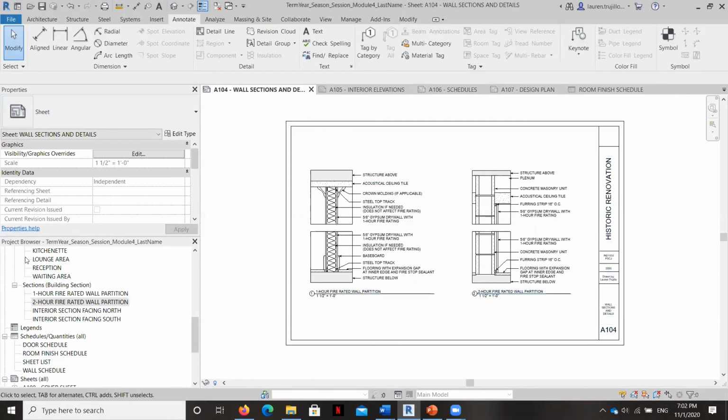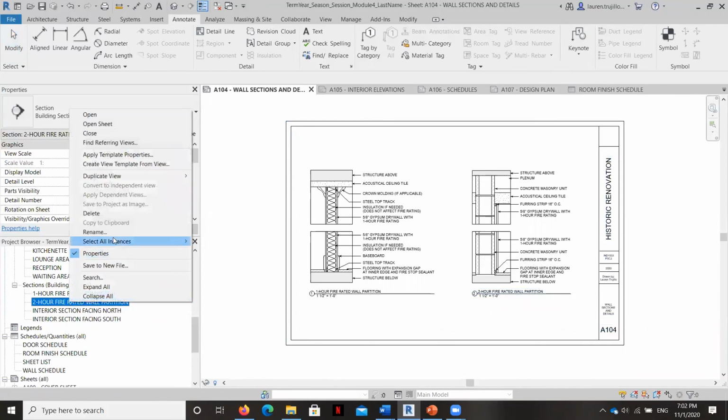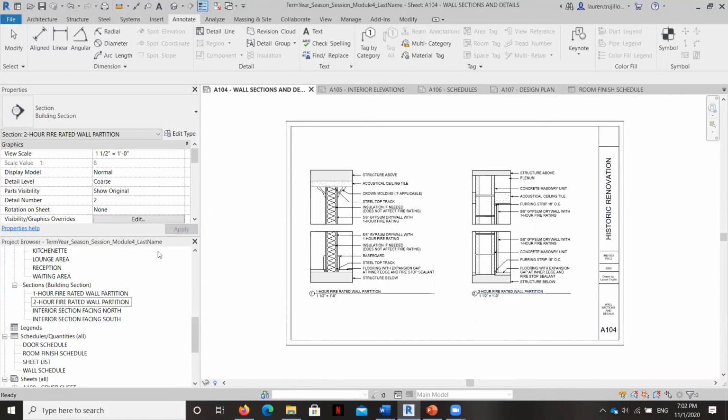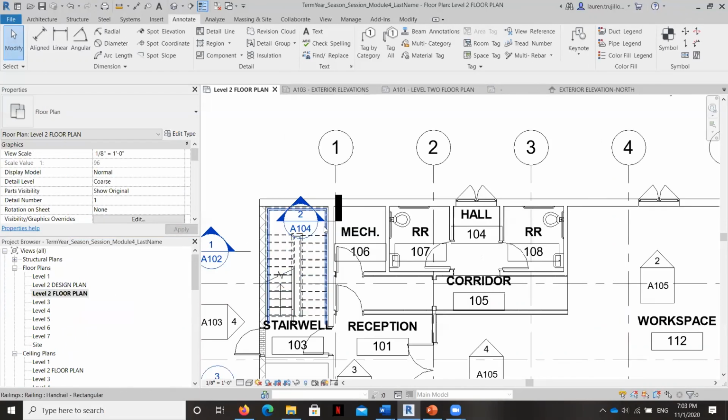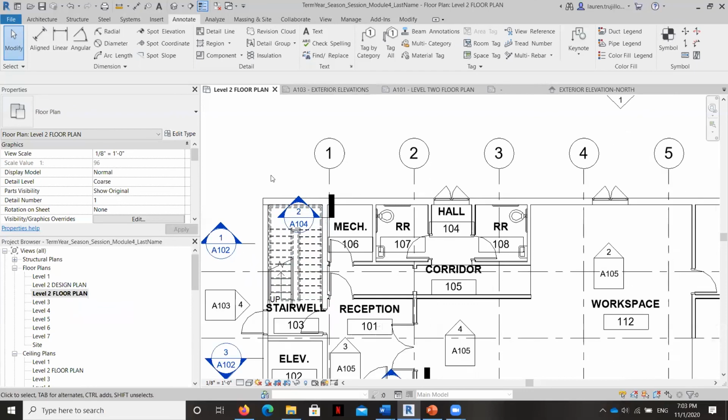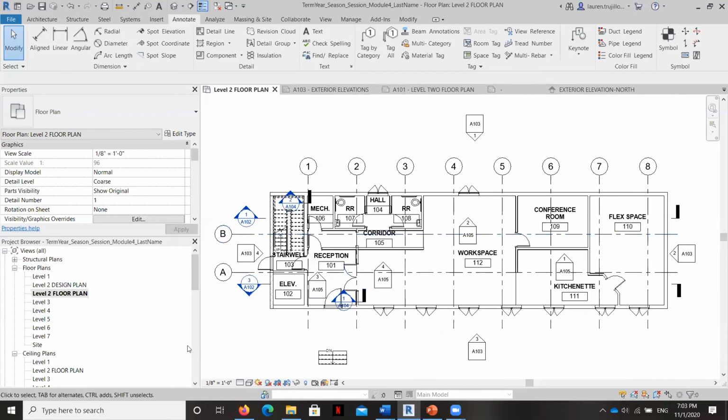And the only other thing that I need to do now is just go ahead and change the name of this, because it is not a 2-hour fire rated partition any longer. It is a demising wall partition, and that's what you get when you go from this structure here to this one with the CMUs in it. So we'll change that to demising wall partition. And you can see here on your floor plan that now this tag has populated and this tag has populated.